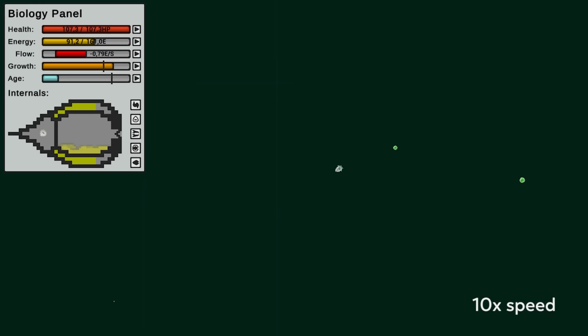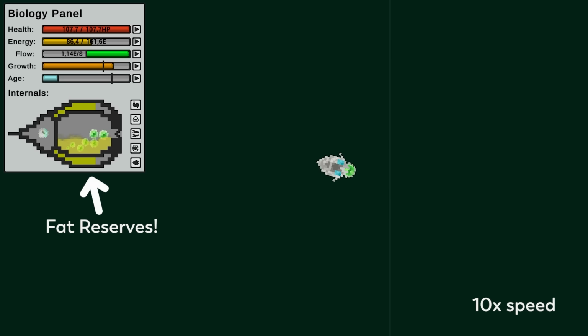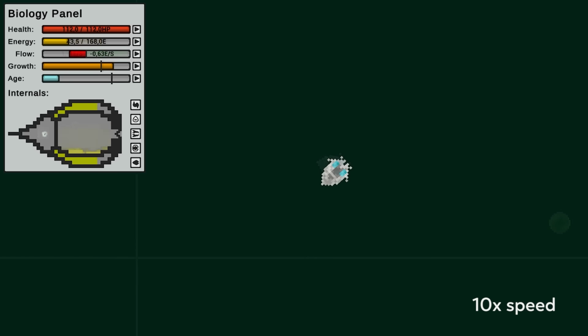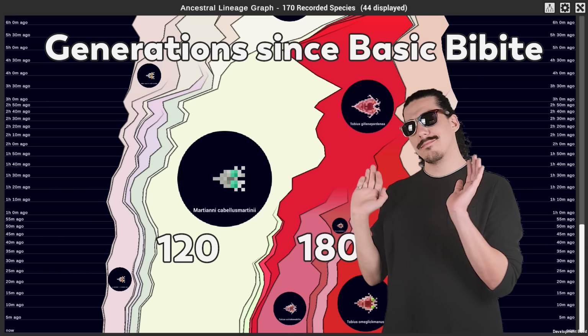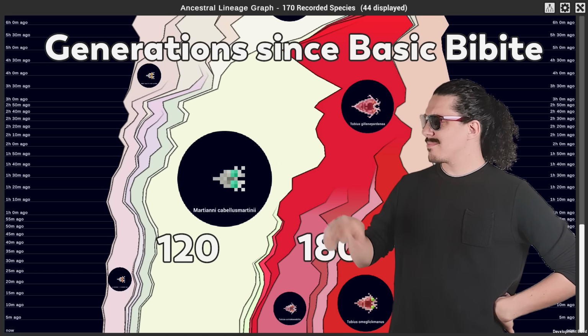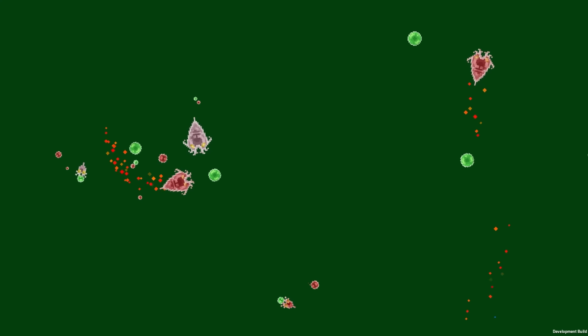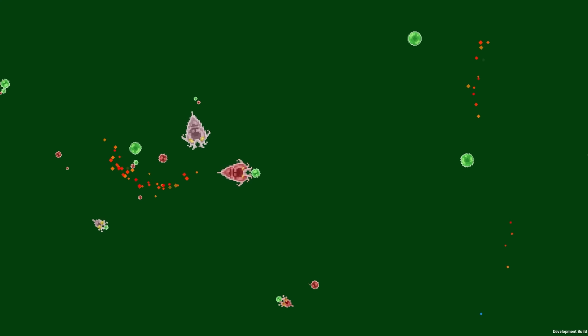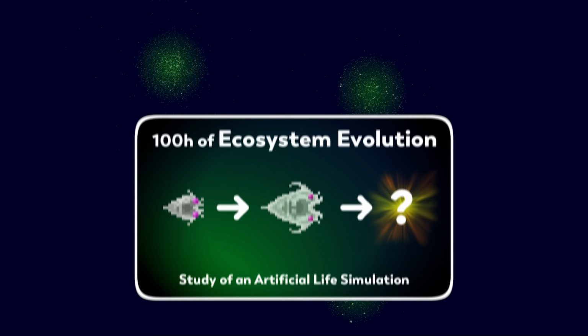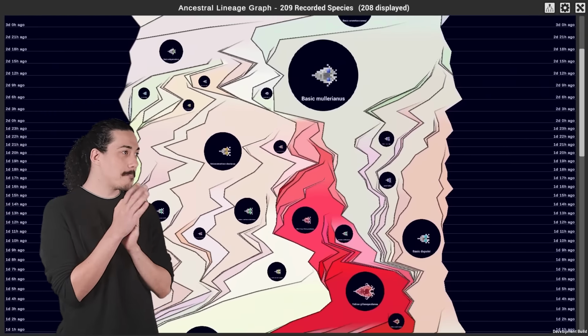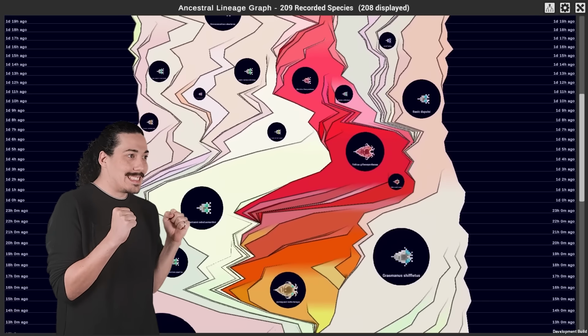They also rapidly evolved to live slow life, so not many generations have passed for them. The latest species are at most around generation 60, while Tobias have no members younger than generation 180, and Martiani hangs around 120. But enough about those two non-Tobias losers. I want to see how things go for our main characters. At 100 hours, exactly where we ended our experiment last time, seems like a good place to take a break and see how Tobias' descendants are doing.